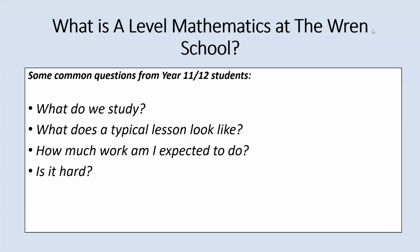Now, is it hard? Is the A-level hard? Yes, the A-level maths is hard. A-levels are hard in general. They should be. They should be a step up from GCSE. The gap between GCSE and A-level maths, if bridged properly, which is our aim here,